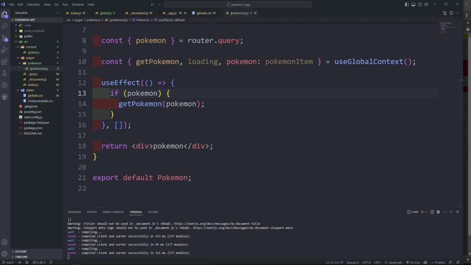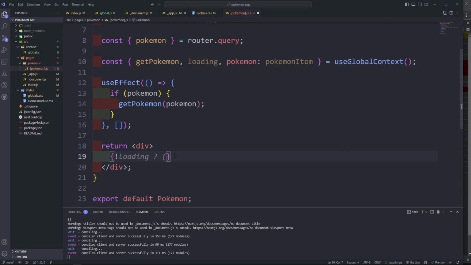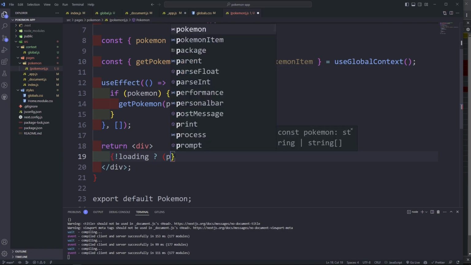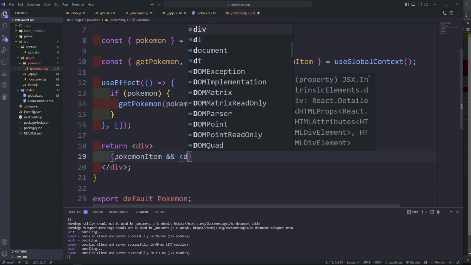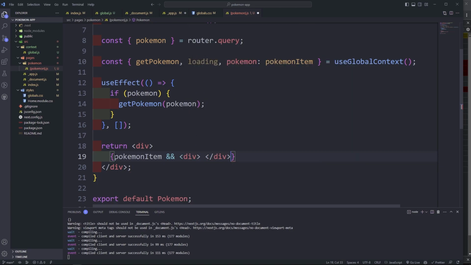So what are we going to start with? Well, let's start in here in the return. Let's give it a class name, or let's do loading actually. So if not loading, when we're not loading, I'm just going to do Pokemon item. We're going to do a div actually instead. Actually, you know what? We'll do the loading later. Let me just say Pokemon item. If we have Pokemon item, we are going to do a div. For some reason, it's not auto-closing, which is so strange. All right, so if we have Pokemon item,